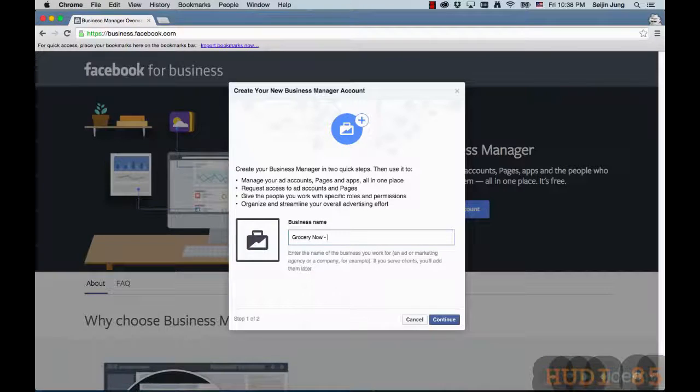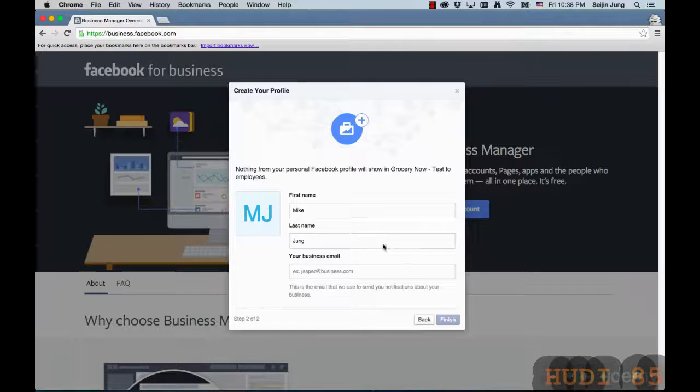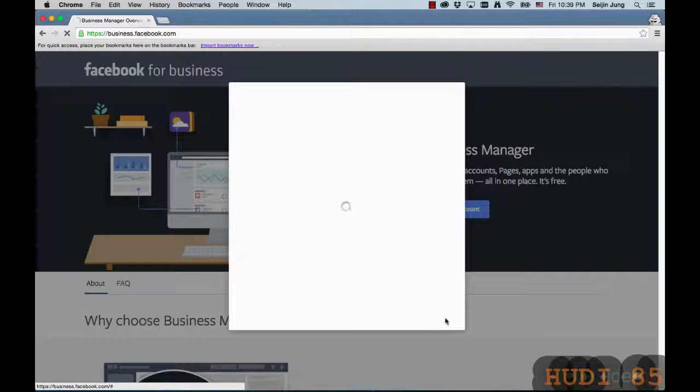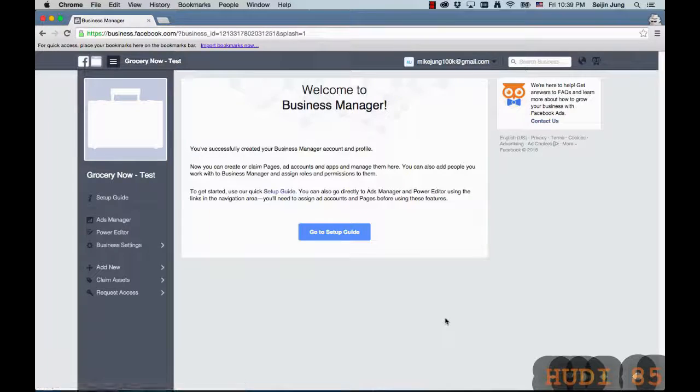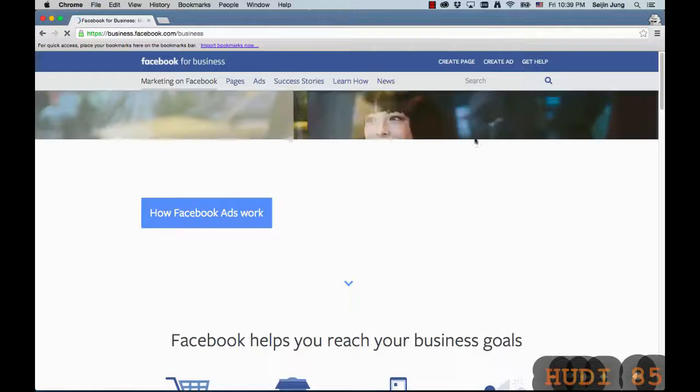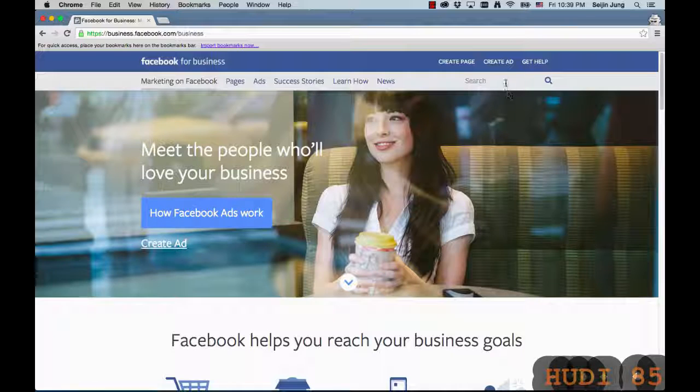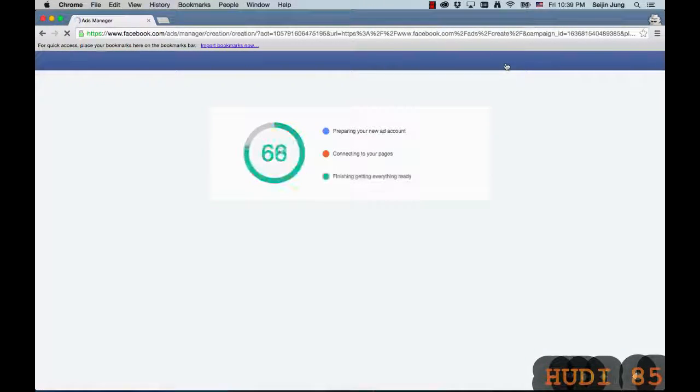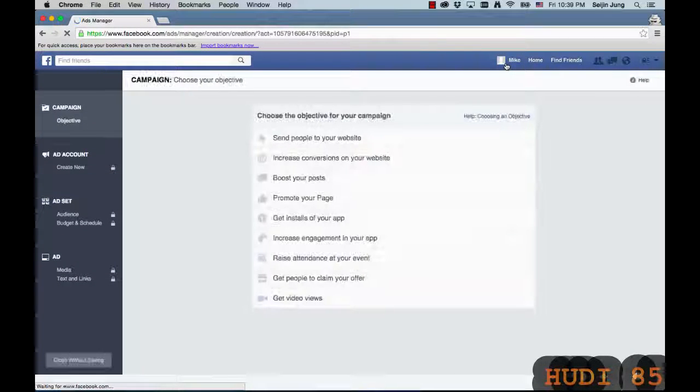And I'm gonna type in Grocery Now test. And then we're gonna move on to the next stage. You just type in all the necessary information you need to set up this account, and then click on finish. Boom. We'll now move over to the ads manager by clicking on this ads manager thing on the left and click on create ad on top of the page here, which will bring us to a page where you can